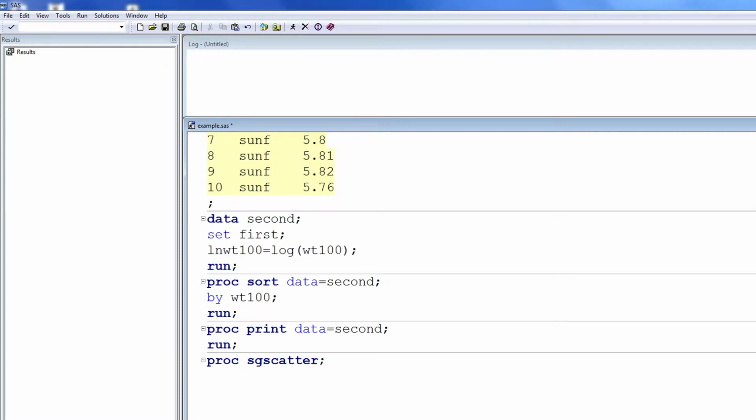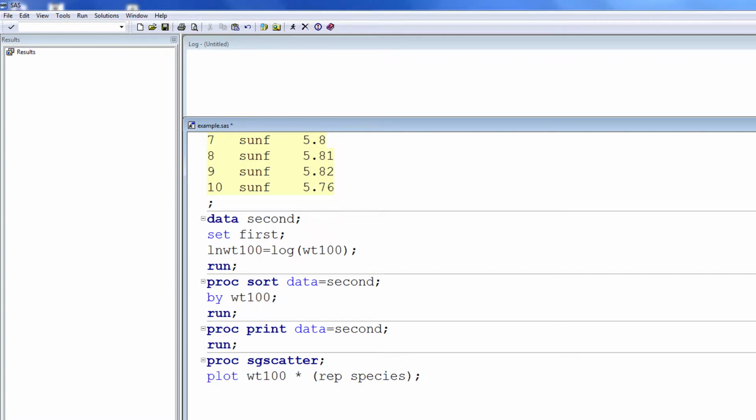The SGSCATTER procedure lets you do a scatter plot of any variable against any other variable. So one of the variables we have an interest in this data set is the 100 seed weight. So the WT100 variable is an obvious variable to consider. We do have two classification variables, one being the species, the other the replicate value. And so those are also variables that we could perhaps look at the distribution patterns for in terms of the 100 seed weight. So what I will do is generate a scatter plot involving the 100 seed weights against those two